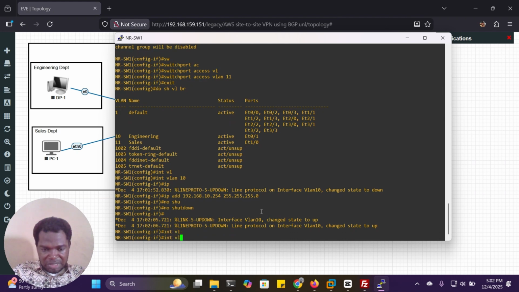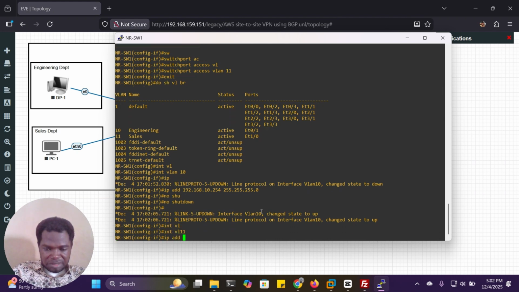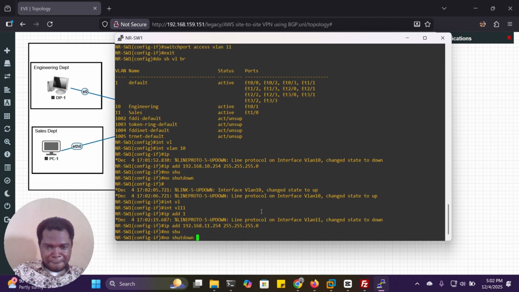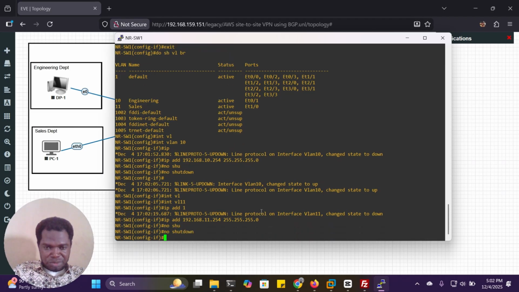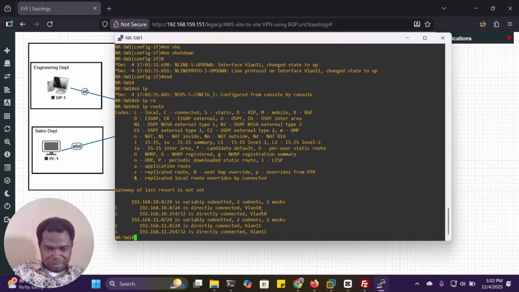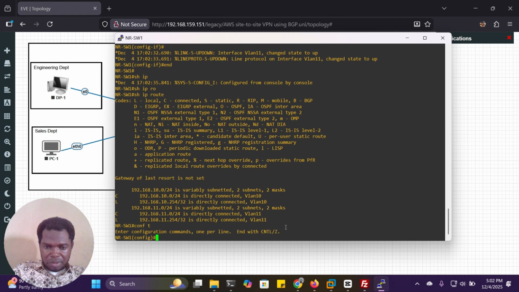So now interface VLAN 11, IP address 192.168.11.254, 255.255.255.0. No shut. Same thing to here. You type in show IP route. So we have both VLAN 10, VLAN 11. Okay. So now the ports.